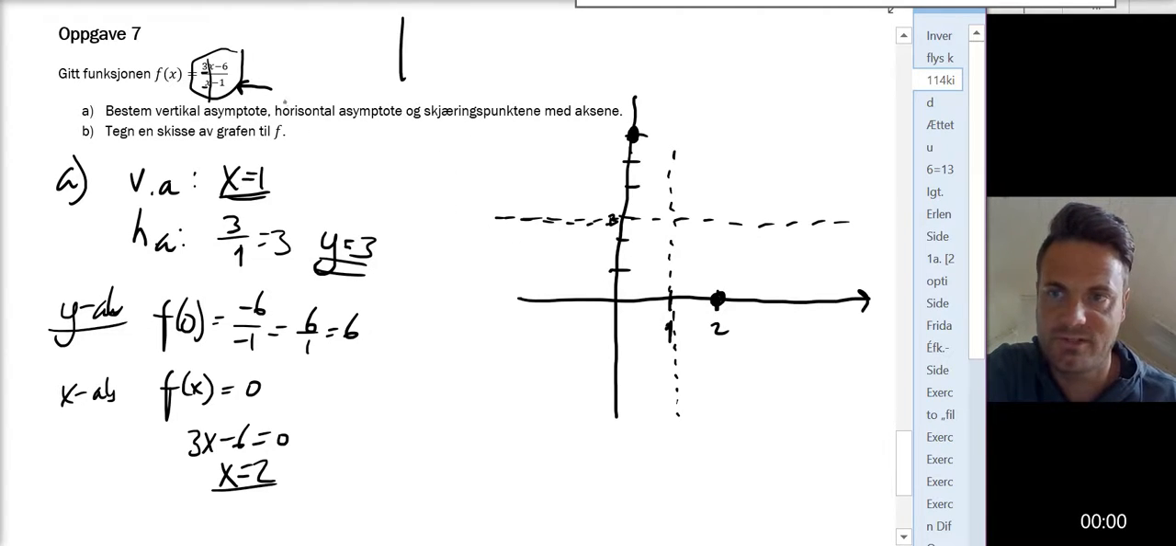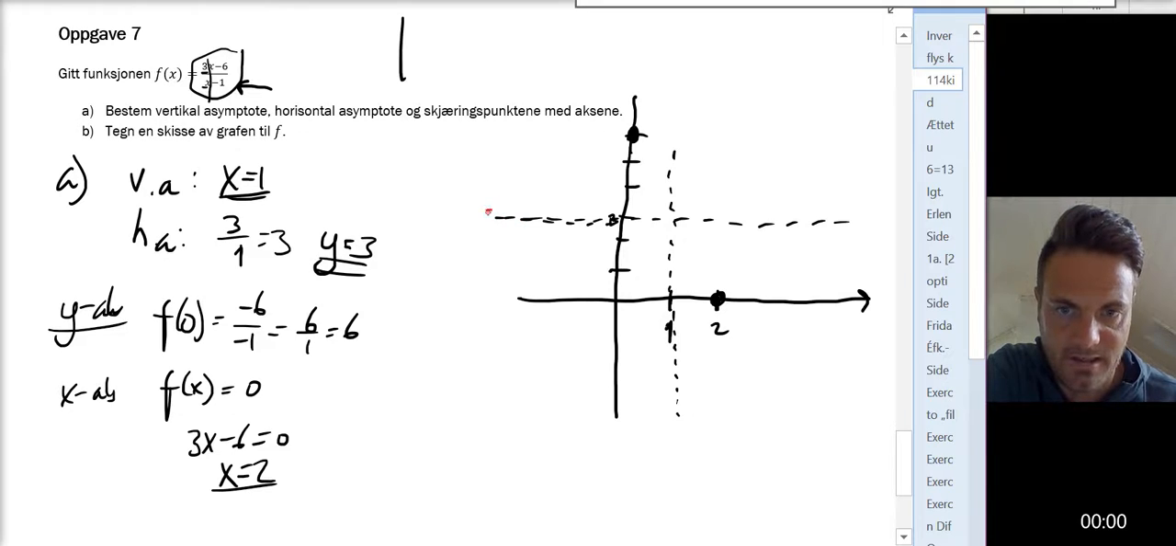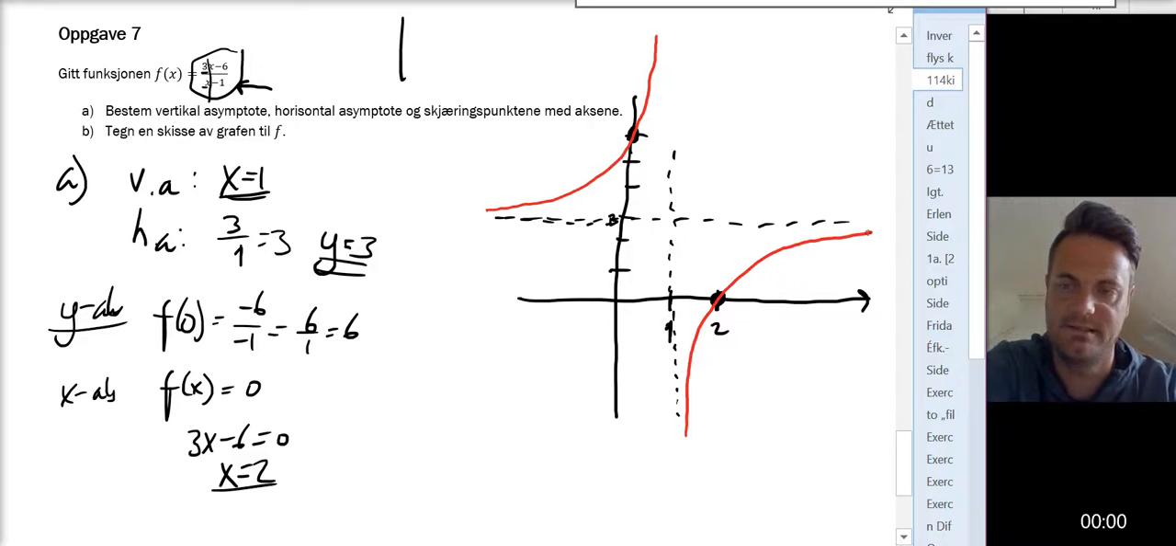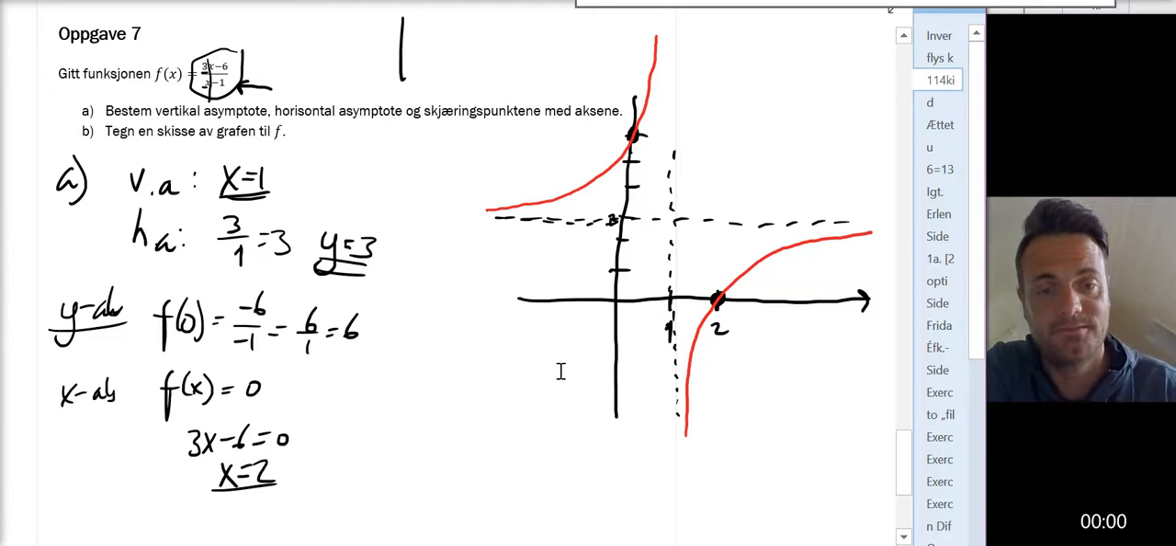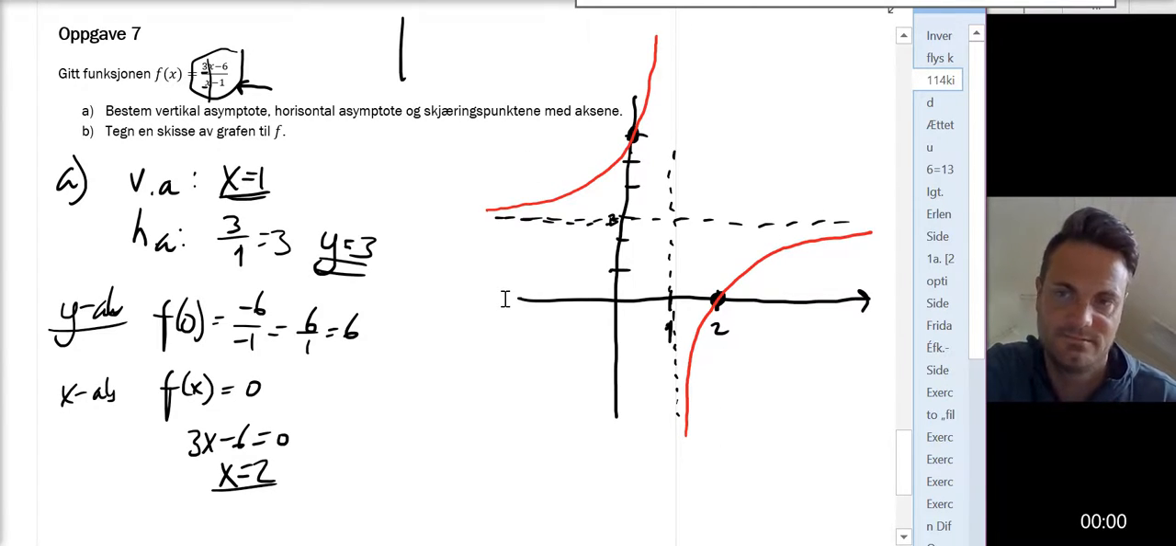And then we just draw a sketch here of this graph. So the graph will go like this because it's going to intersect the y-axis like this here. And then it goes to eternity, and it comes from minus eternity and intersects the x-axis here. So there we have a sketch of the graph. So we only need the two asymptotes and the two intersection points, and then we try to just draw a sketch. Yes. So that is exercise